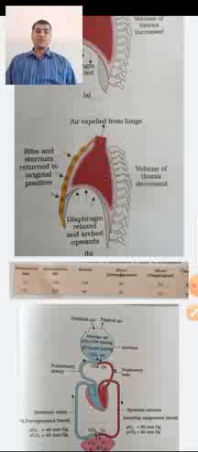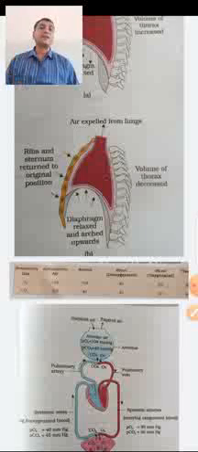And when you come to the transport of oxygen, it forms a sigmoid curve. The conditions favorable for the association of oxygen are the conditions favorable for the dissociation of carbon dioxide, and the conditions favorable for the association of carbon dioxide are the conditions favorable for the dissociation of oxygen. So here when the PCO2 is high at the cells, the dissociation of oxygen